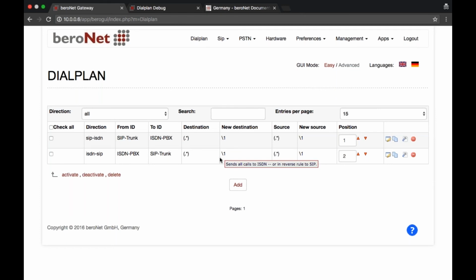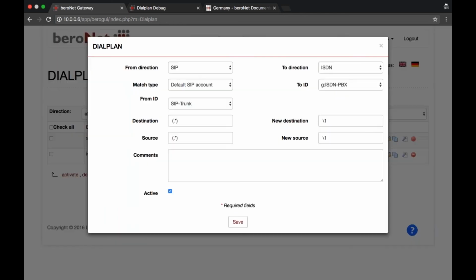Okay, that's the theoretical. So we have here ISDN PBX to SIP. We have here SIP to ISDN PBX. We want to modify this rule then. All right. So destination, if the SIP trunk always sends a destination with the 0049 plus city code, you can go ahead and enter that in before here. That way it's only, of course, if you do that, it only accepts the 004930 as the destination code. So if for some reason you have different ones, keep that in mind. But in this case, I only have one SIP trunk and it's only doing this, so I'll go ahead and